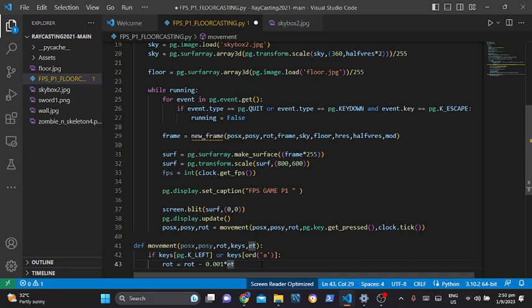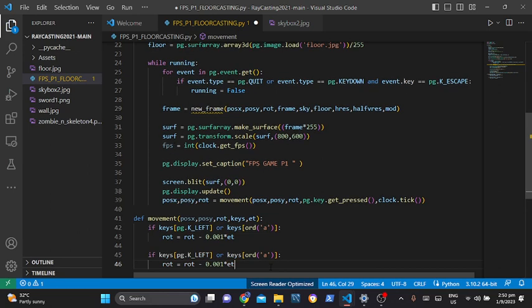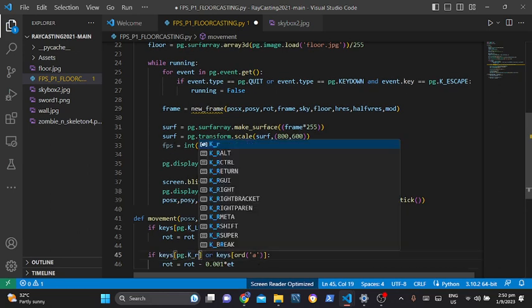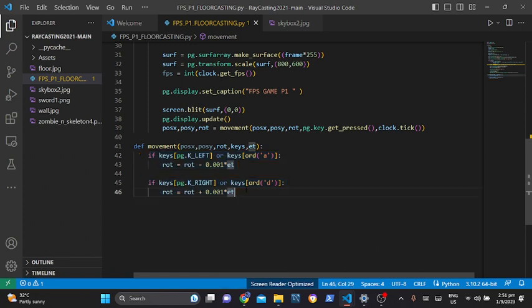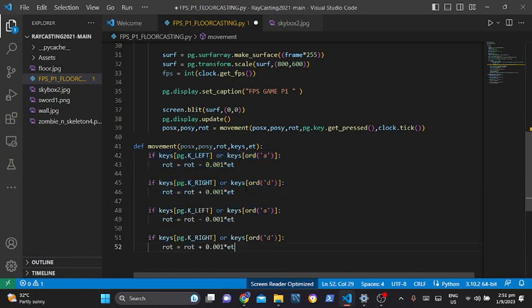Then after I do et, we can just copy this whole thing, make it for K_RIGHT, and rot would be, instead of rot minus, rot plus, and this would be, I think, D. Yeah, D. Then after that, we can just copy it like that on the screen, and then we would be having